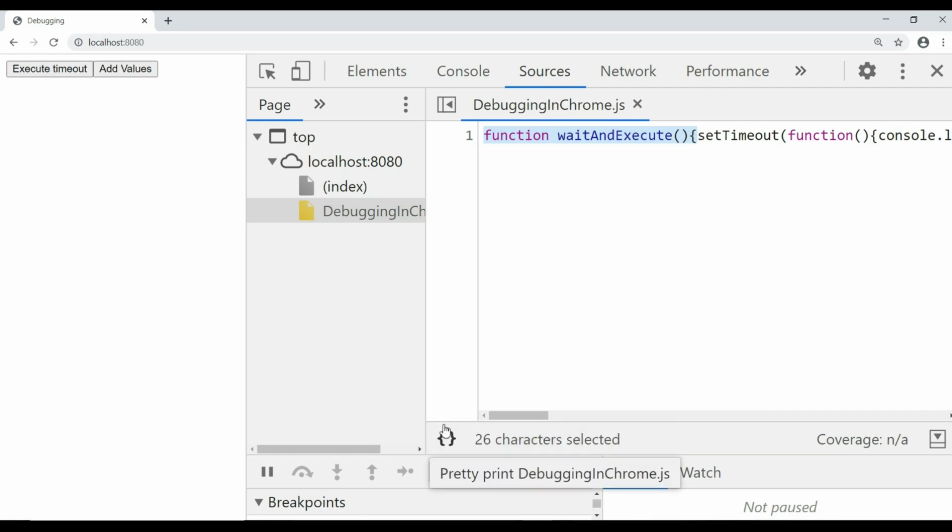Now in Chrome, pretty print is a very good option. But what happens if you want to debug anything in your file from the start itself? This pretty print takes a little bit of time to load.